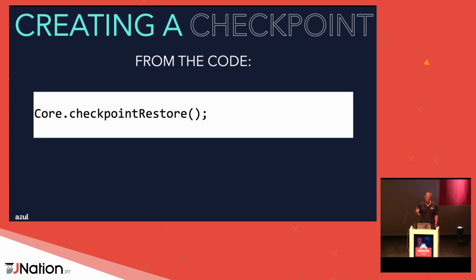Okay, you can also do it from code. So people sometimes ask, okay, why do I want to do that, right? So why would I like to do a checkpoint in the code? The default behavior is that the JVM will shut down after the checkpoint. We have a flag that makes it possible to keep the JVM running. So that means you can run your code, and at some point you could, for example, use a REST endpoint or whatever to trigger the checkpoint, and then it will store the files into that given folder,